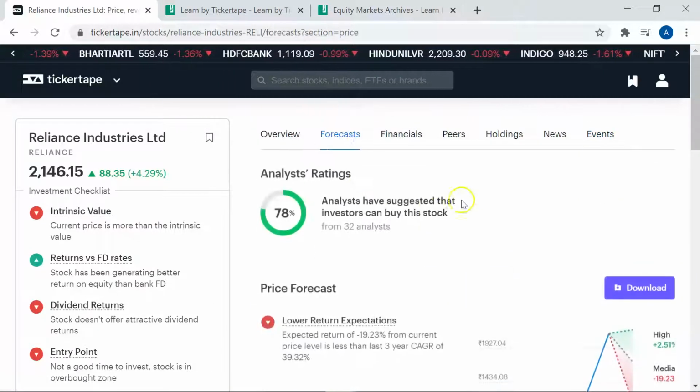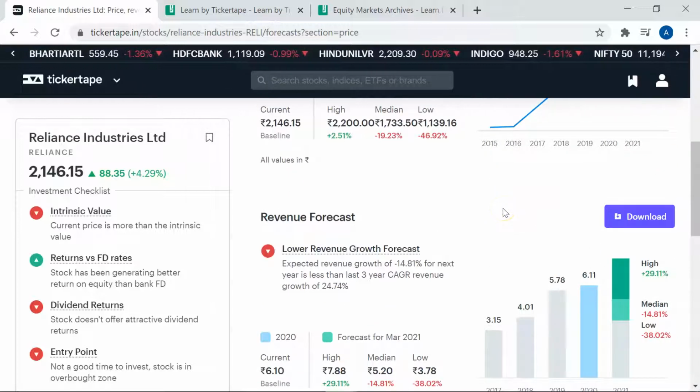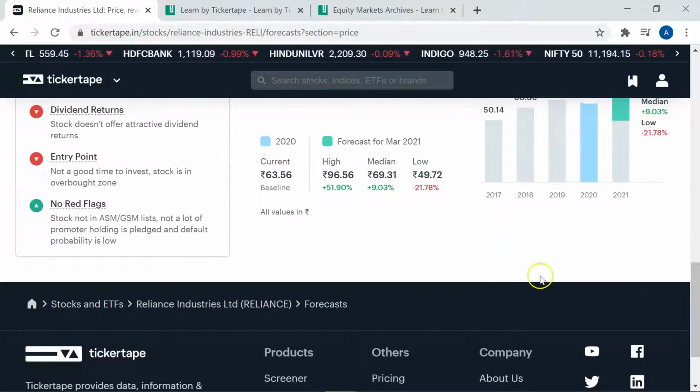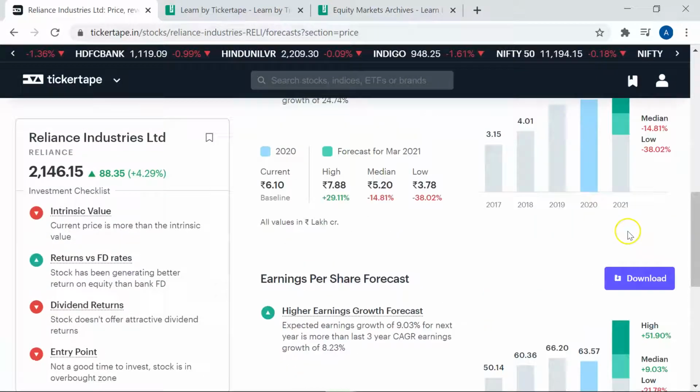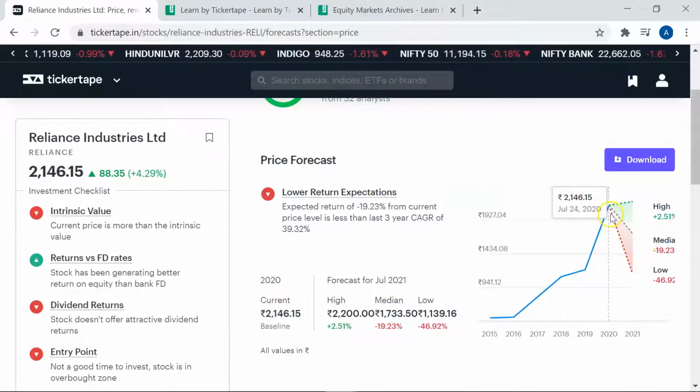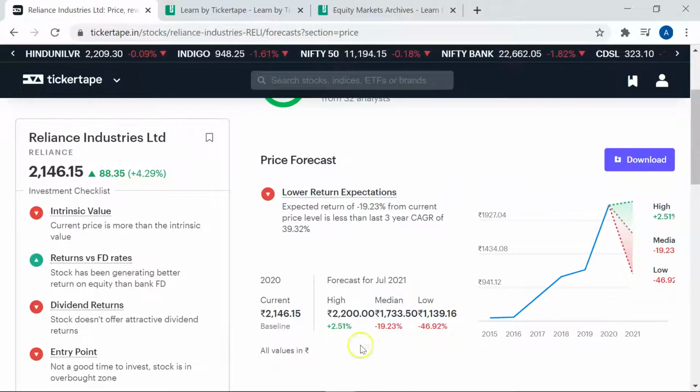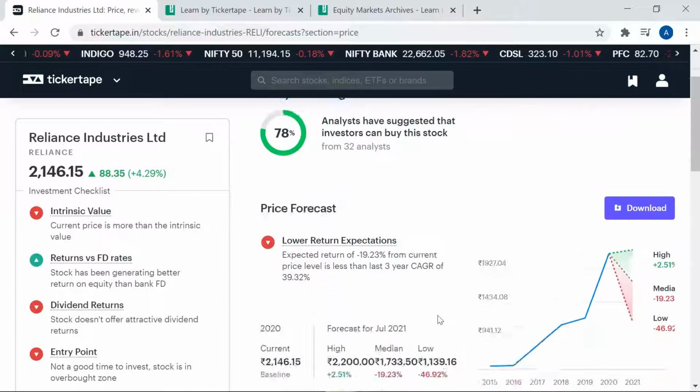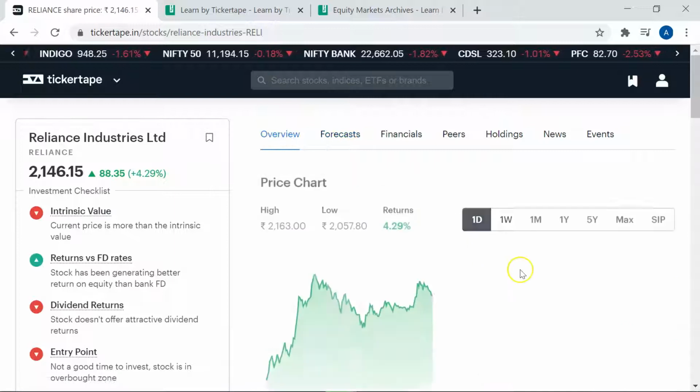The only features offered by the Pro membership are that you can predict the next year's earnings per share, you can predict the revenue forecast for the next year, you can predict the stock price in the next 1 year, which is not accurate because it gives all three possibilities: high, low and average. So Pro membership is not really useful.